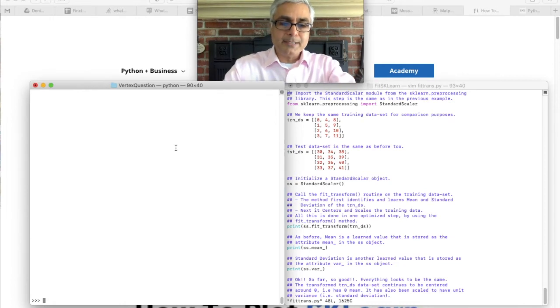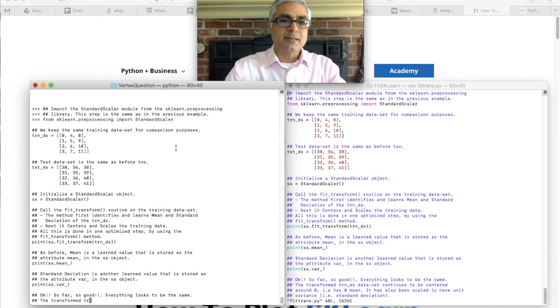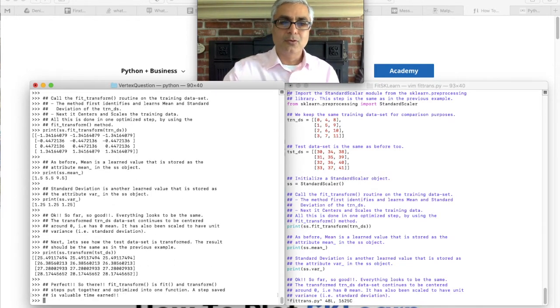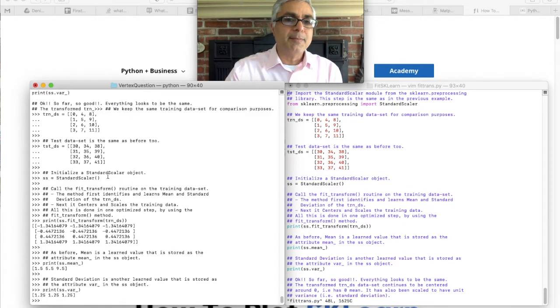Again, I'll cut and paste it into my interactive session and see what it does. sklearn takes a bit of time. It's a big library, so it takes a bit of time to load. So here it is. If everything worked well, we should get the exact same results as a previous example that we did, where we used fit and transform separately. So now let's go line by line.